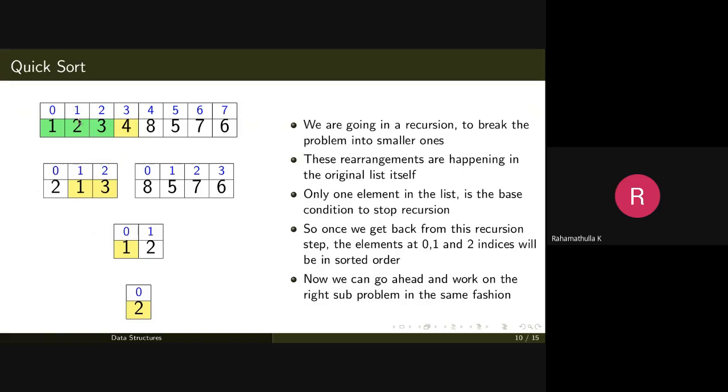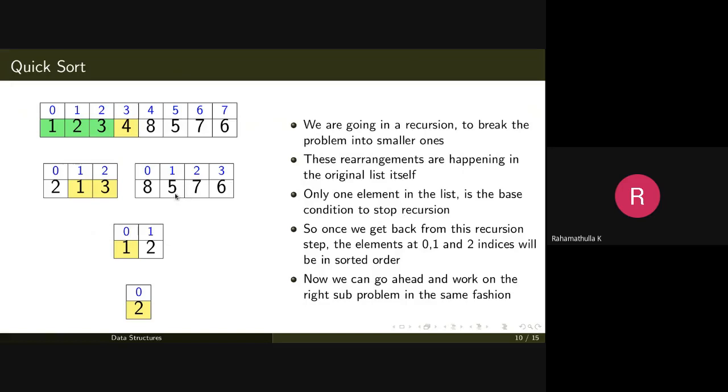Once we go back here, the recursion stops, and we say that the elements at positions 0, 1, and 2 are in the sorted order, and the element at position 3 is already in the appropriate position. So the elements from 1 to 4 are in sorted order. Now what we have left with is the right hand side array. You can apply the same logic, that is, we will select the element 6 as the pivot element, and all the elements less than the pivot will go to the left hand side, all the elements greater than 6 will go to the right hand side. So 5 will be one list, 8 and 7 will be the second list.